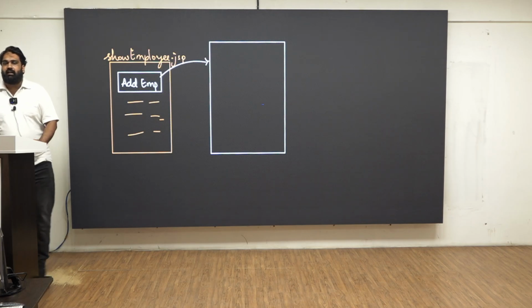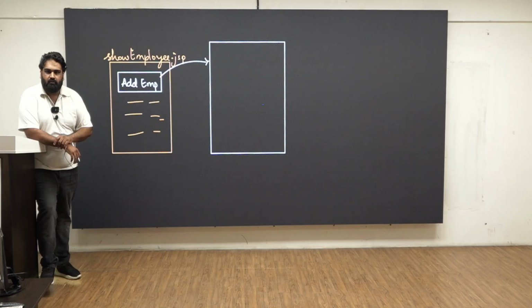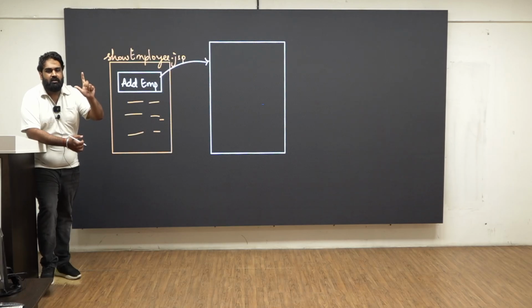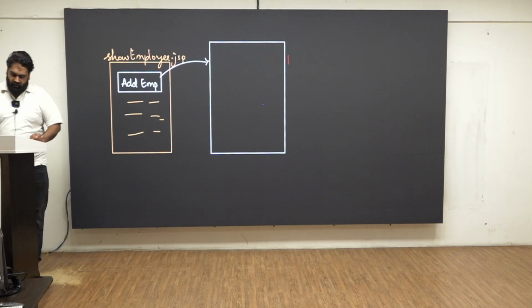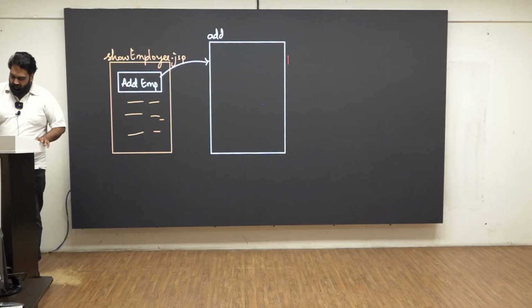If I am collecting some data, should it be a front-end file? Yes or no? A front-end file. What are the options for your front-end file as of now? You can either use an HTML file or a JSP file. I am not going to use HTML files when it comes to the project. You can choose HTML because here there is no dynamic data. Here it is just collection of information. You can choose an HTML file, but I will write a JSP file called